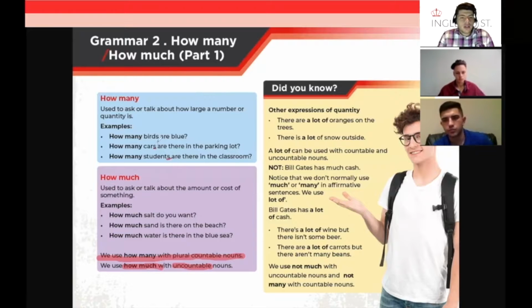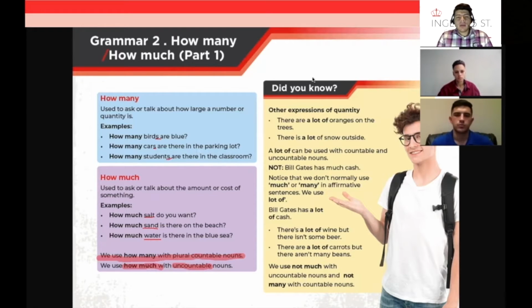So in general, as I told you, como les dije, what we have to consider is that if the word is countable, we use how many. If the word is uncountable, we use how much. That is, in general, the difference. En general, esa es la diferencia. Y esa es la forma que tenemos que aprenderlo. So,